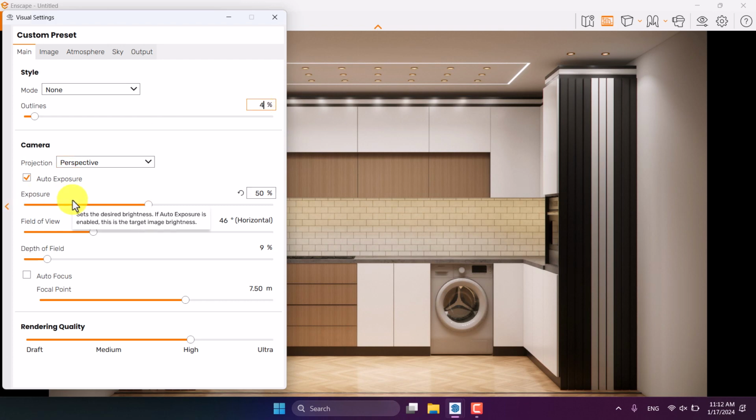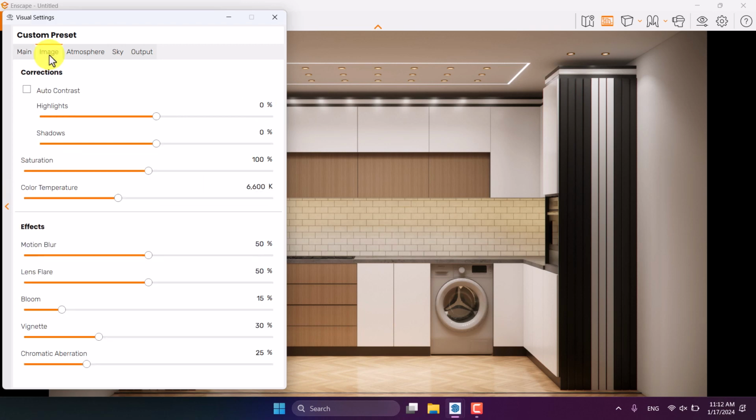Exposure is not really important right now, but we will come back to it. So I'm going to click on the image bar, turn on the auto contrast, and I have some problem with the color temperature and saturation of this render. So I will increase the saturation a little bit, about 104 or 6, and color temperature can be decreased a little bit, about